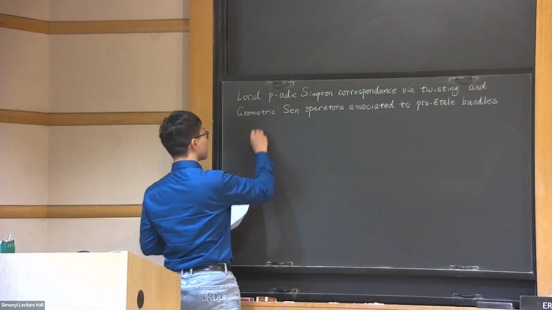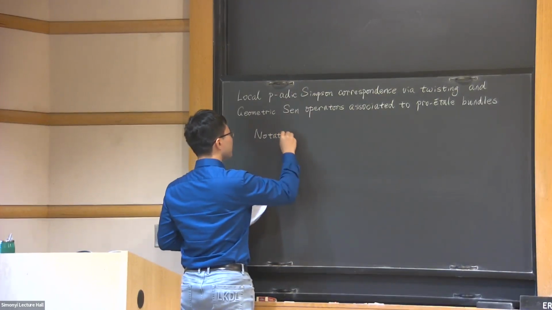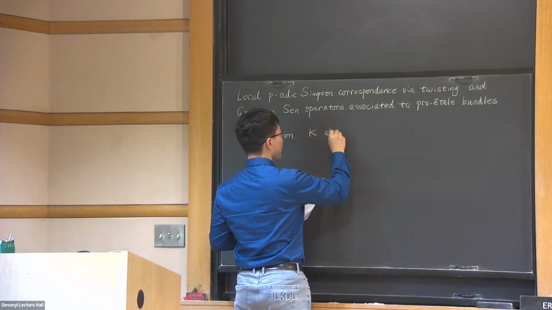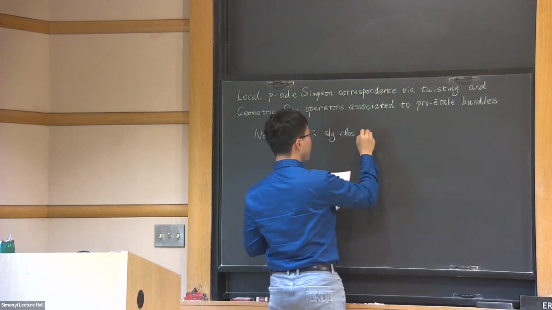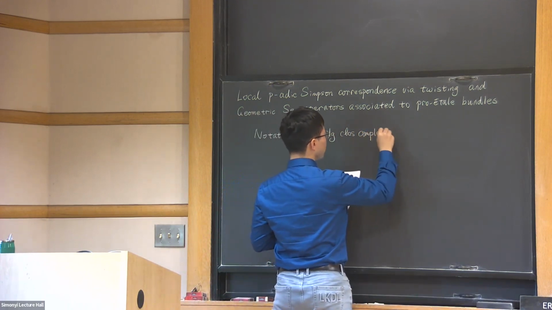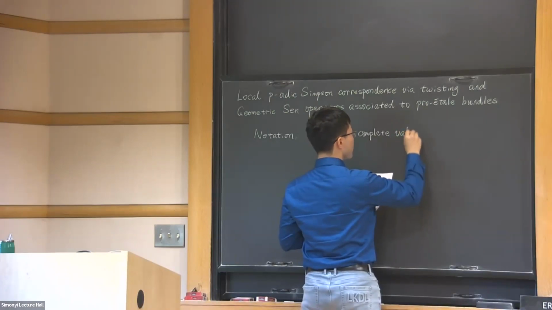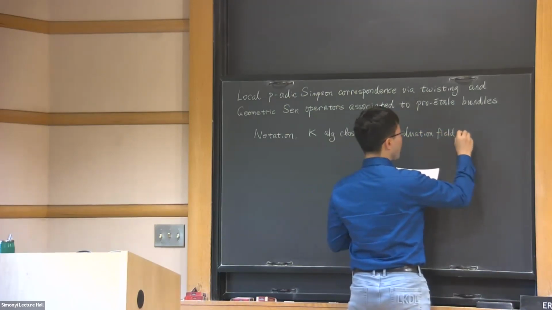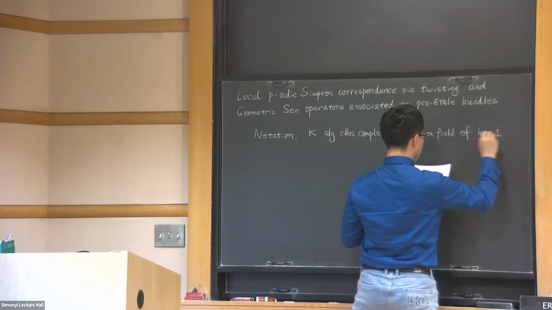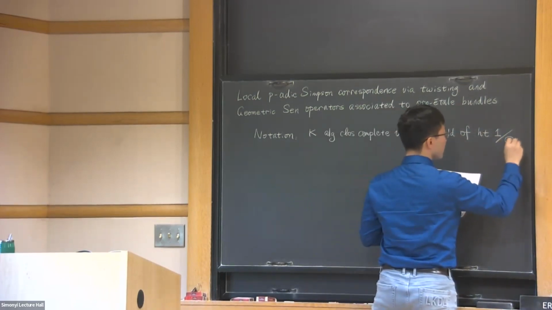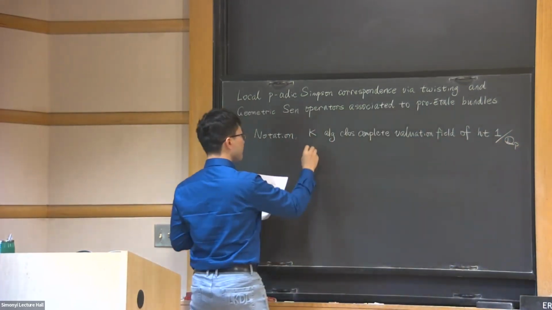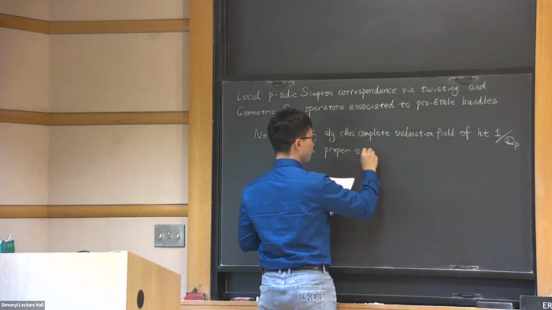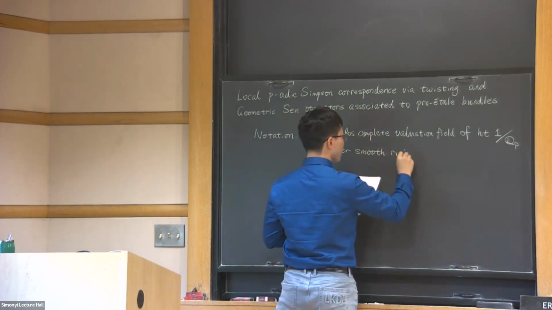First, I will fix the following notation for the next 2 hours. Let K be an algebraically closed, complete valuation field of height 1, which is an extension of Q_p, and let X be a proper smooth rigid analytic variety